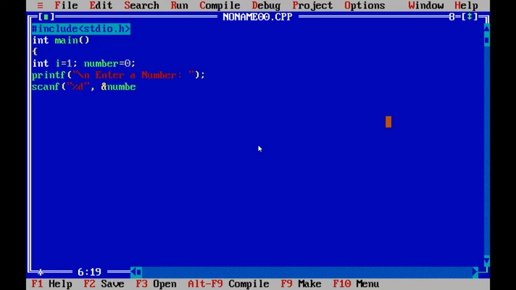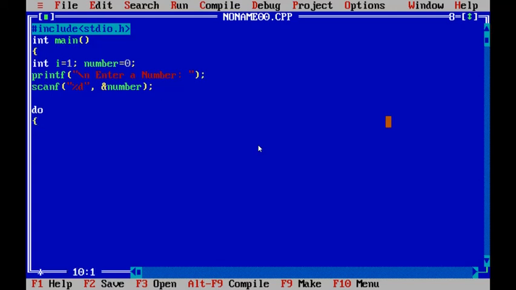We are going to store the entered number in number variable. After storing this value in the number variable, the do while loop is started. We are started the do while loop.